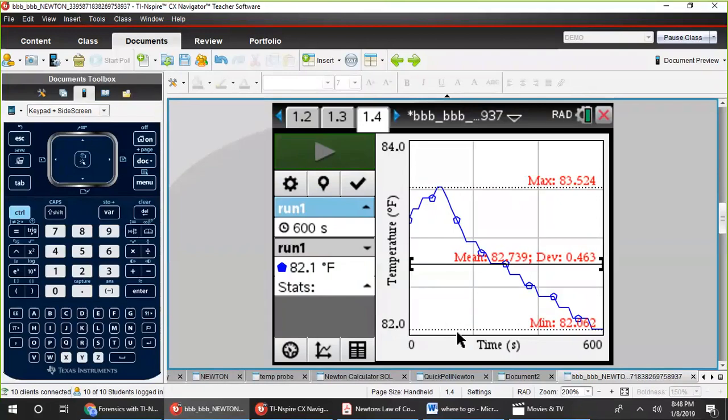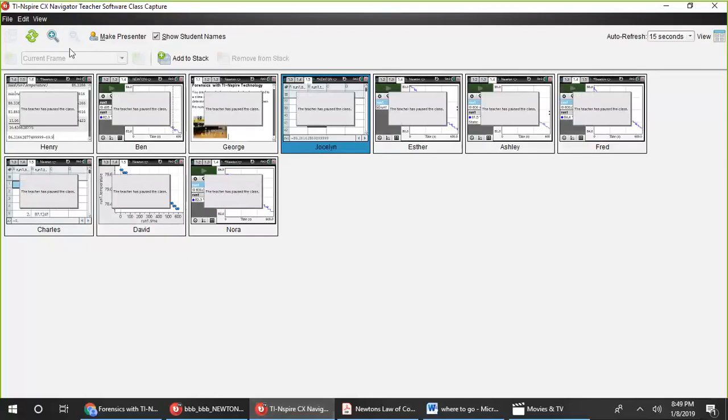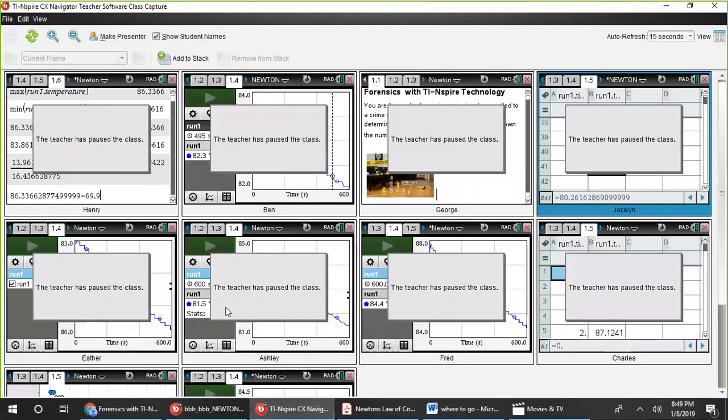At any time during class, I can pause. If there's something I'd like to interject, or sometimes a student has a question that you want everyone to hear, when you pause, go back to screen capture, and when it refreshes, the students will see "teacher has paused the class."